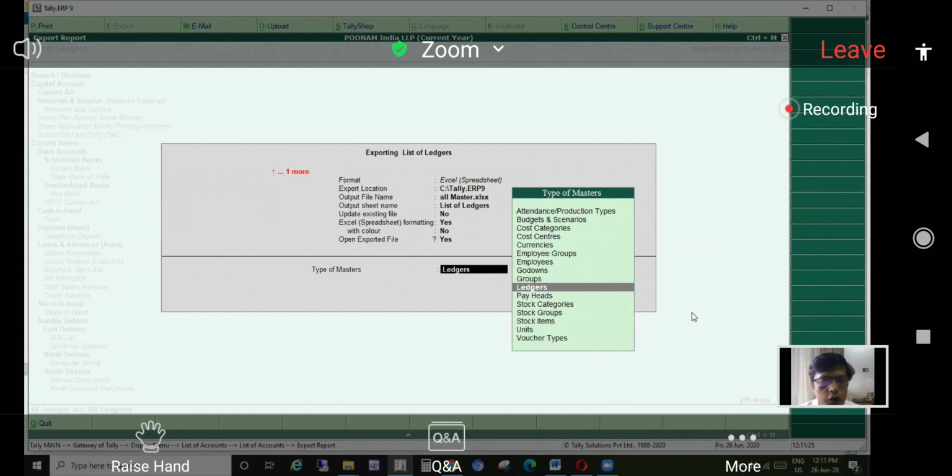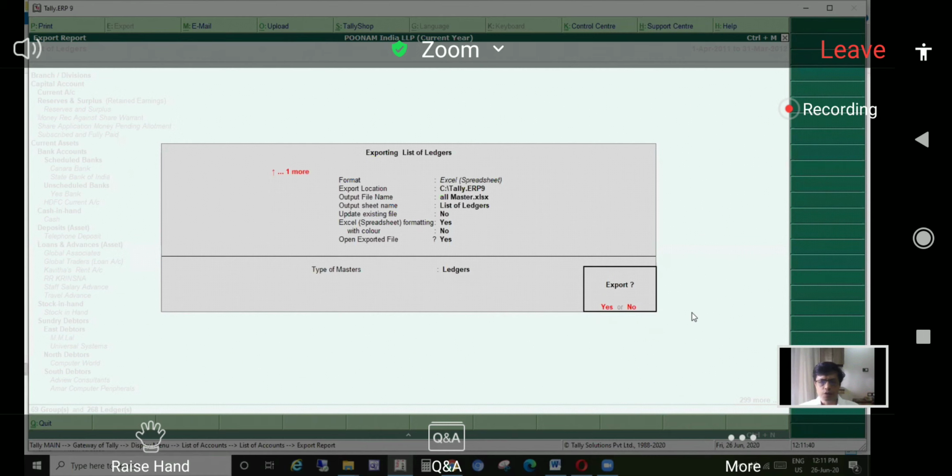What do we want to export? Do we want to export the employee names? Do we want to export the ledger names, or what do we want to export? We can select out here and then click on export. Okay, at this point of time I will just export it in Excel.